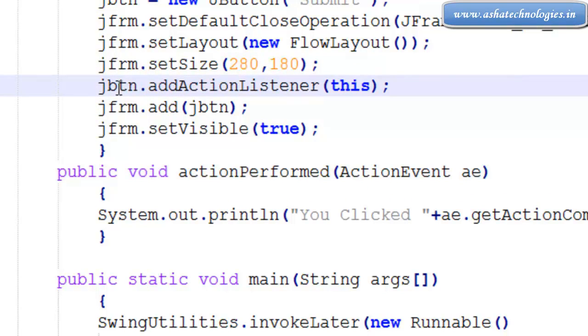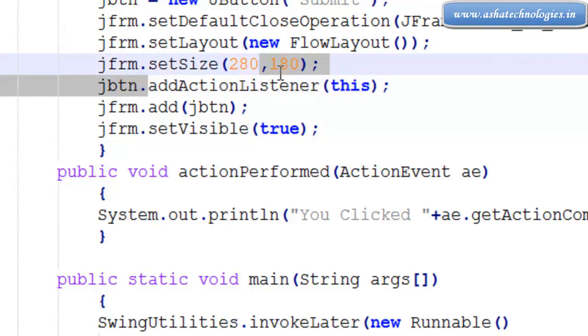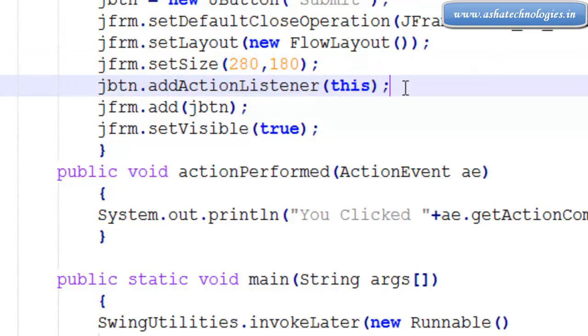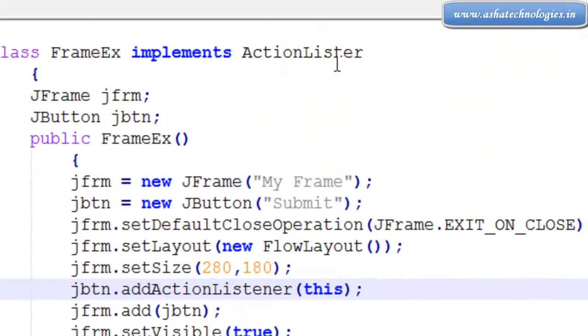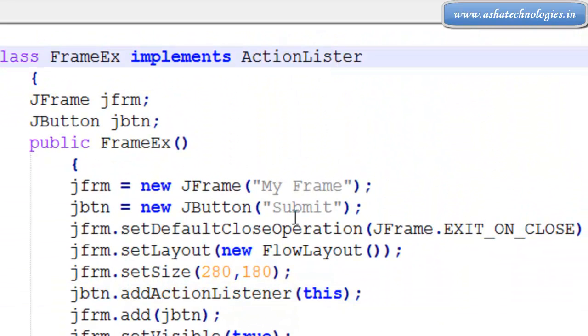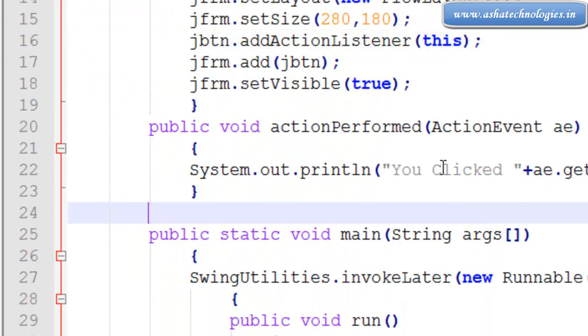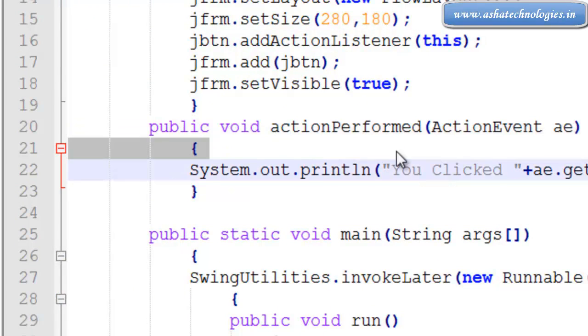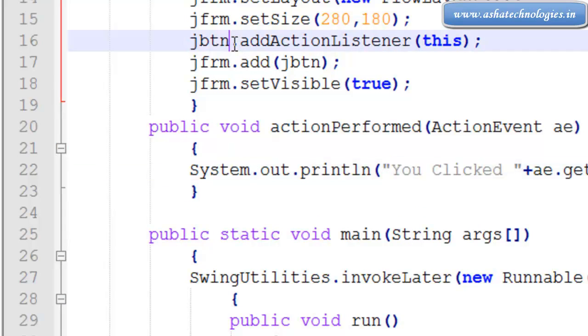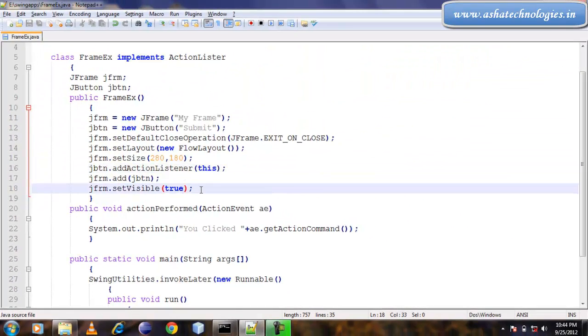So here the component JBtn is registered with the addActionListener method. That means it is registered with the action event using the addActionListener method. Whenever the action event is generated, the actionPerformed method will be called. Here the action event will be generated only when we click on the button, or else it does not generate any event. So the next thing, compile this one,